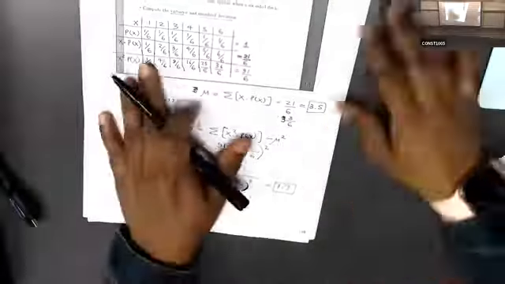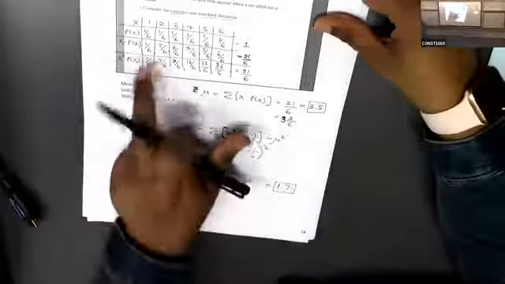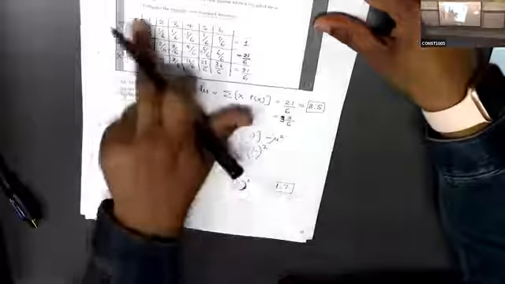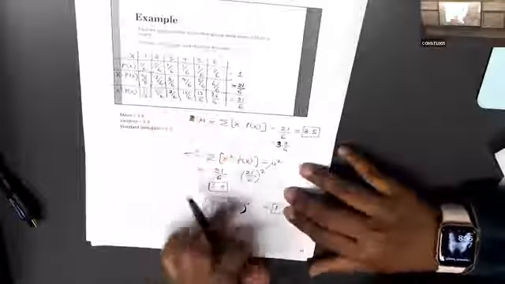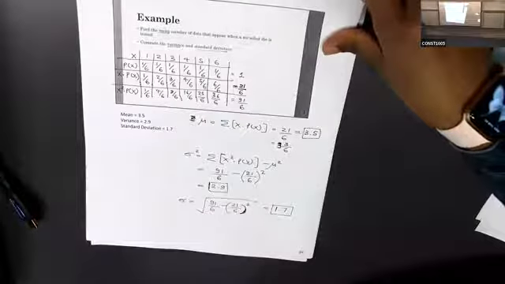So can you see it's very simple? If you have a probability distribution, it's very easy. Otherwise, you have to construct the probability distribution. Probability distribution means only the first two rows. You have to create other rows to find these values, but if you have the first two rows, it will be easy. But here you have to construct everything. Then we just use the formulas to find mean, variance, and standard deviation.